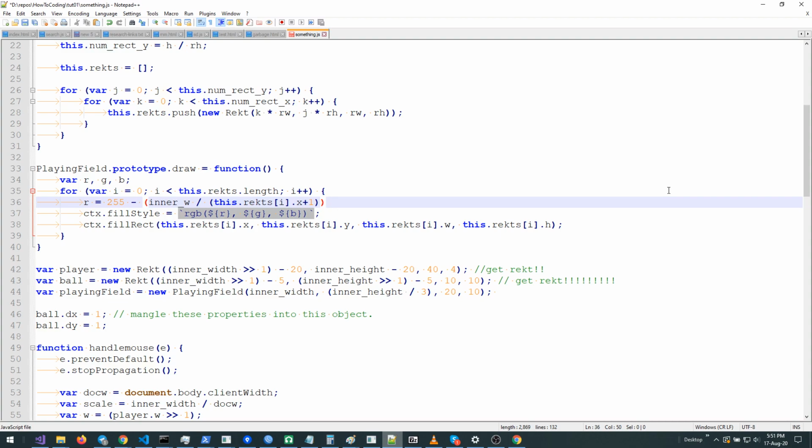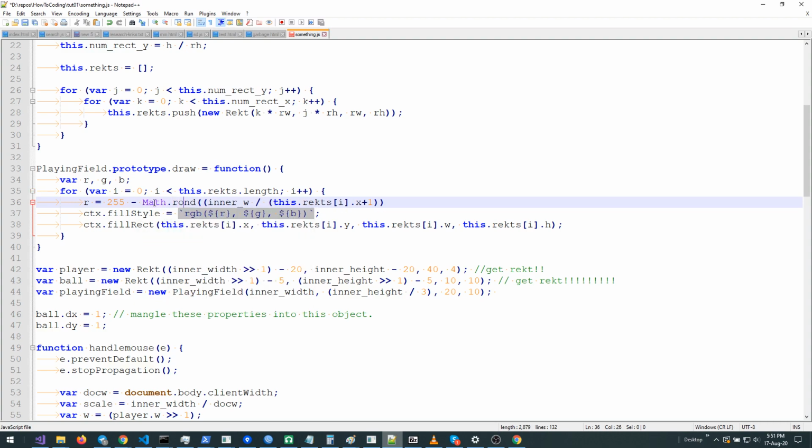Inner width divided by the x position is divided by bigger and bigger things, right? So division by 10 would give you something. Okay, so then you just do math.round